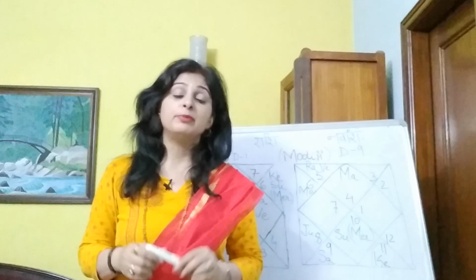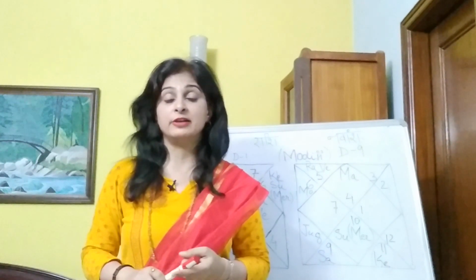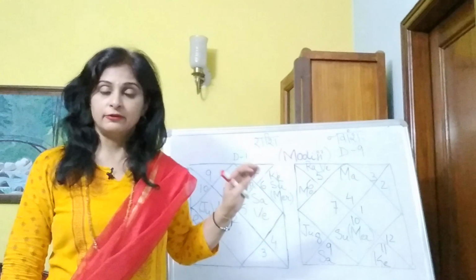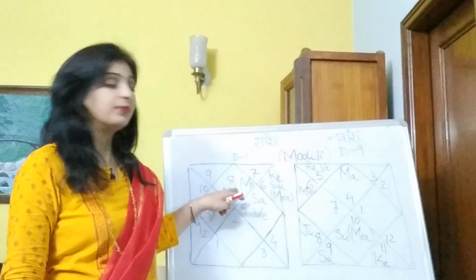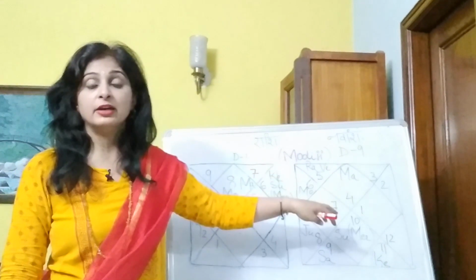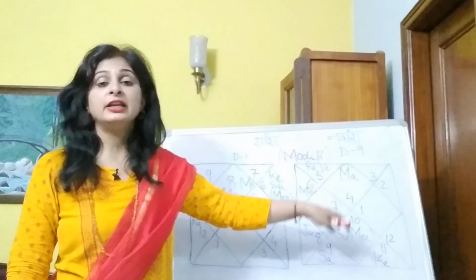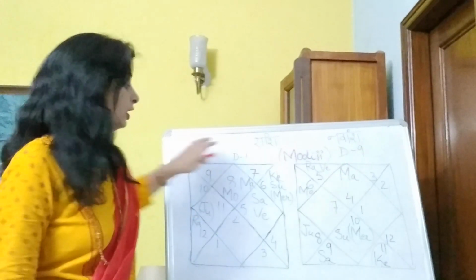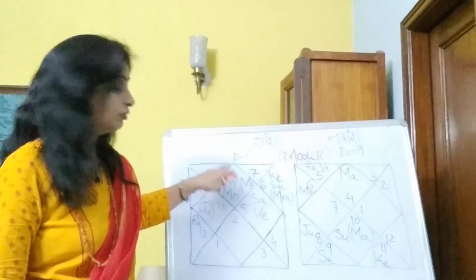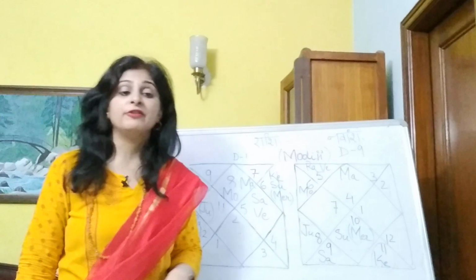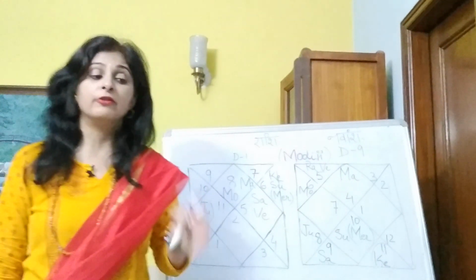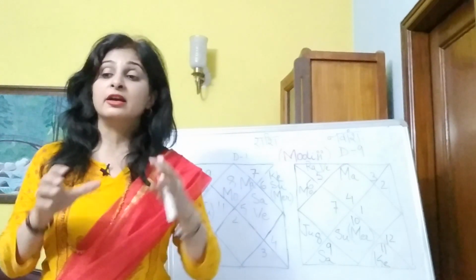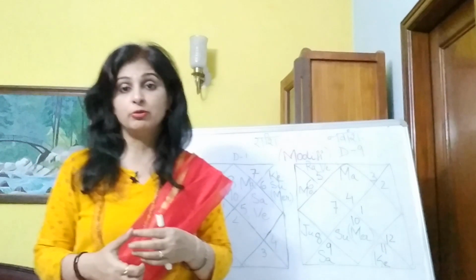But what happens if a planet moves to the second place from itself as per the Navamsha? Suppose, for example, a planet is in the Scorpio sign, and the same planet goes to the Sagittarius sign in the D9 chart. Then we superimpose that Sagittarius placement on this chart, and we see that it has gone to the second place from itself. So we will say it has gone to Dhanamsha, which means during that planet's dasha you will be able to make wealth.